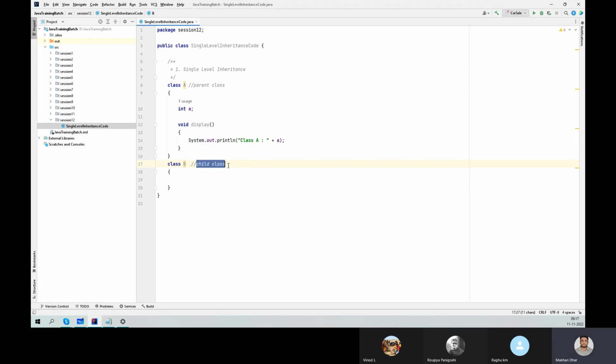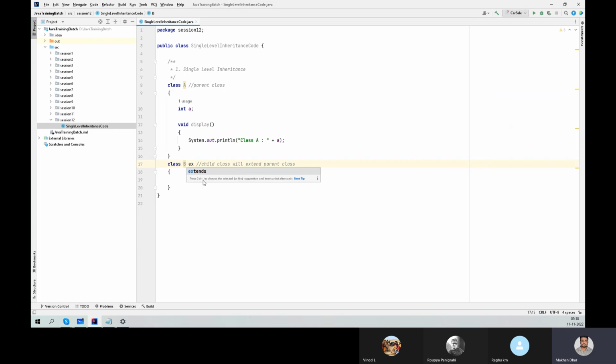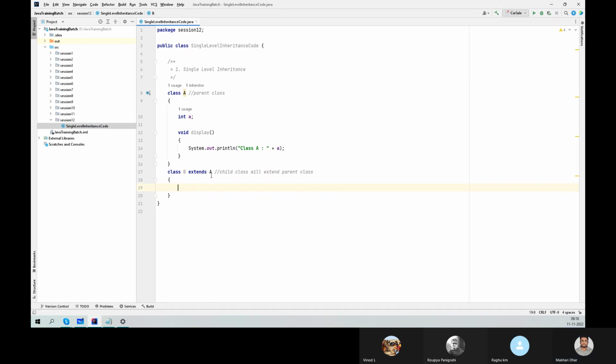Now this child class will extend the parent class. So how to do that? After the class name, what is the syntax? First the class name, the child class name, then extends, then the parent class name. So we'll use the extends keyword. Now which class? Class A, and you can see it is coming up. Just select it. Now we are extending class A, right? So here also we'll create a variable int b,